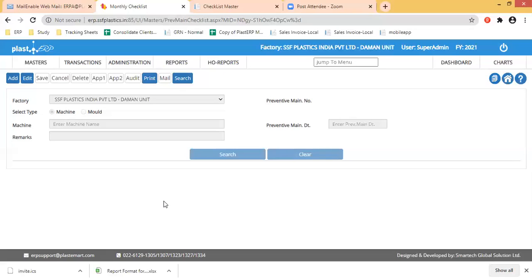So in that context, I would say we have to define a workflow, how we want to do it, how you want it to appear, whether we should prepare a calendar. If I make a calendar in an Excel sheet and upload it in your ERP, it has to generate a report. This is the preventive maintenance plan. As and when you are scheduling or planning that machine, it has to show it is a preventive maintenance schedule on so and so date. And it should also give a report to